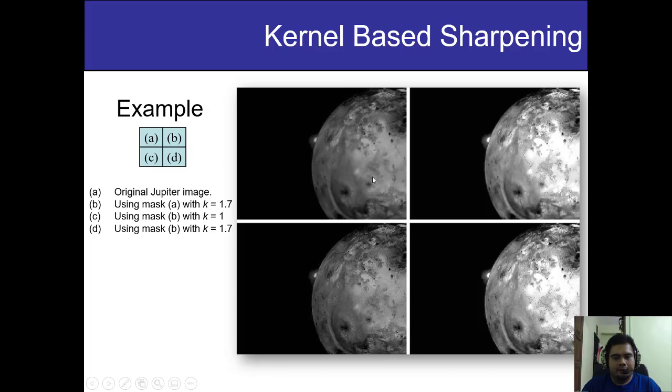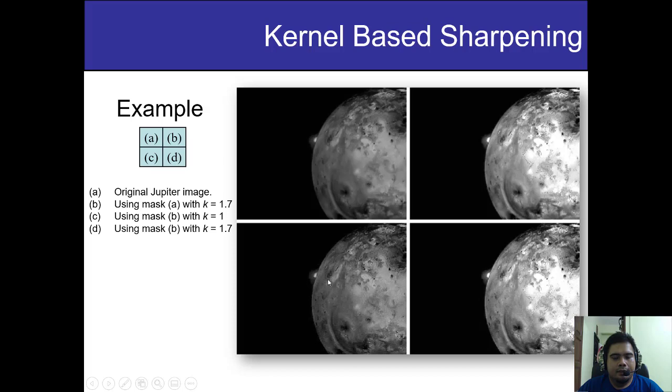Okay, you can see that. If you want to understand this example, this is the input image, and then this one B over here, if you apply k equal to 1.7, okay, but